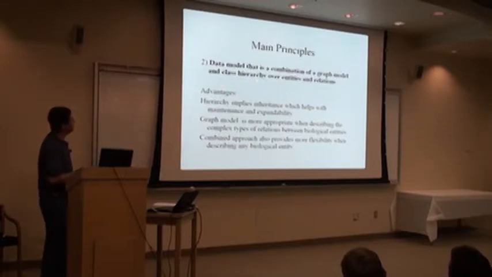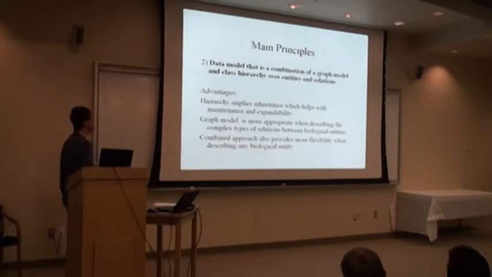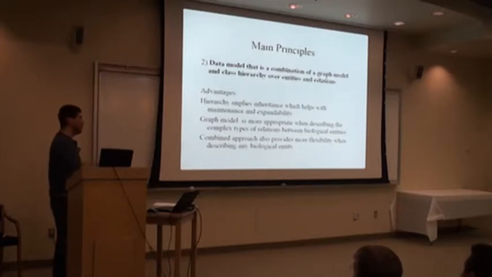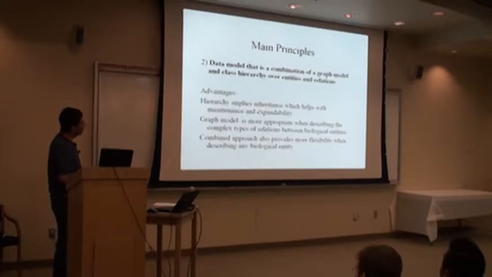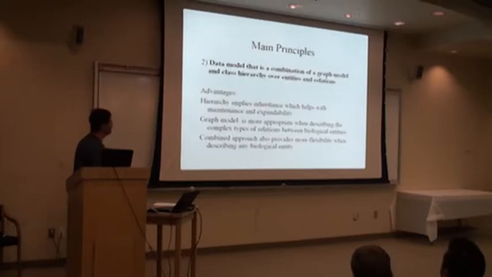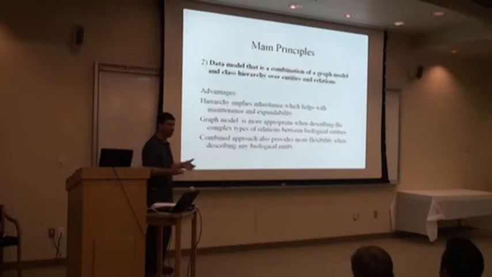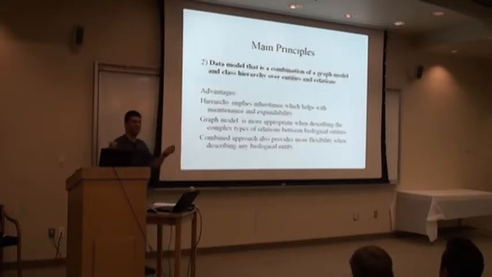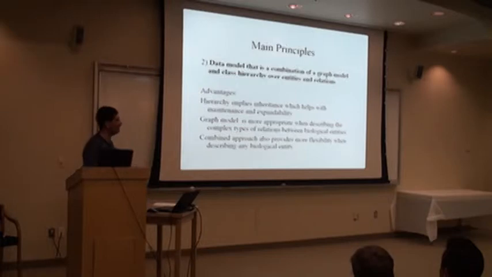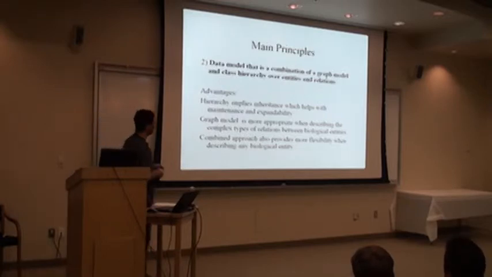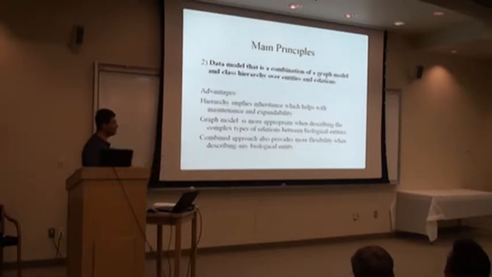it refers just to the design of the nuts and bolts of the system, but it's the data model that is in the back end when representing those entities. We had a combination of the graph model and the class hierarchy of entities and relations. So the graph model seems very natural to describe the relations between entities. We have a node for every possible entity, like a protein sequence, DNA sequence, protein structure, and pathways, and so on. And the edges are basically the relations. They determine the relation between them.